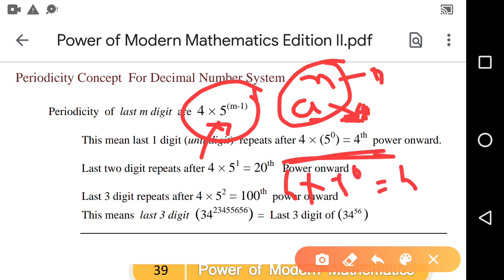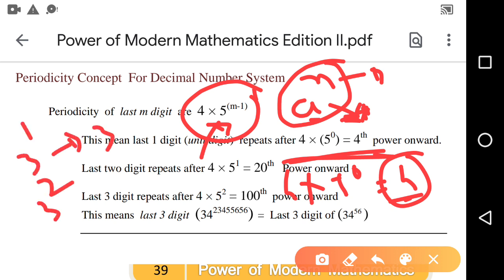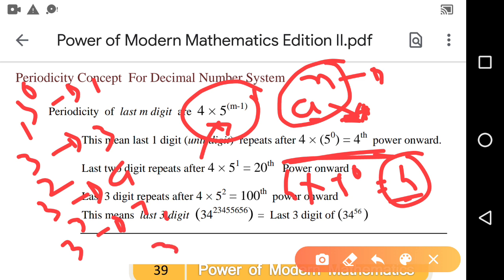So friends, for the last digit, the cycle repeats after a length of 4. For example, friends, 3 raised to 0 is 1, 3 raised to 1 is 3, 3 raised to 2 is 9, 3 raised to 3 is 7, and again 3 raised to 4 comes 1. So from the 4th power onward, this